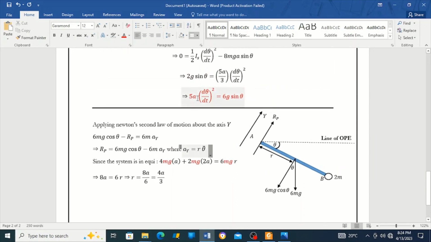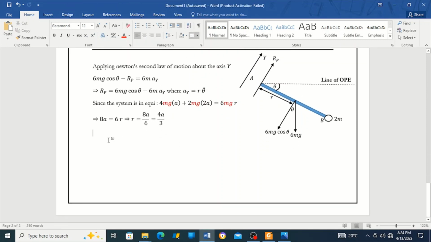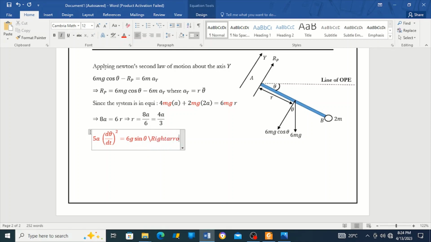We proved something in the previous video, that's in the previous question as well. We proved that this guy is equal to this. So if we differentiate with respect to theta again, we are going to have something. So differentiating both sides with respect to theta, we have 5a. Now when we differentiate